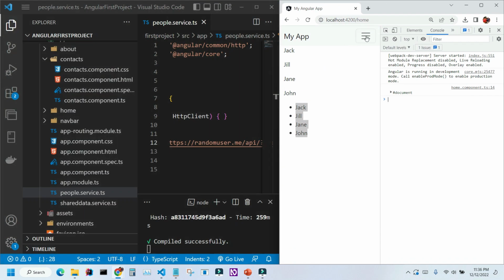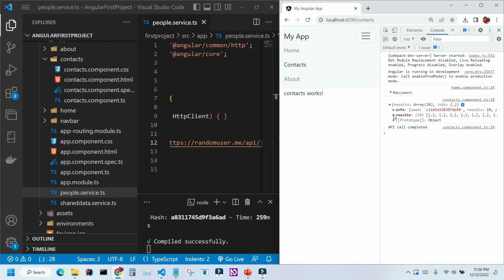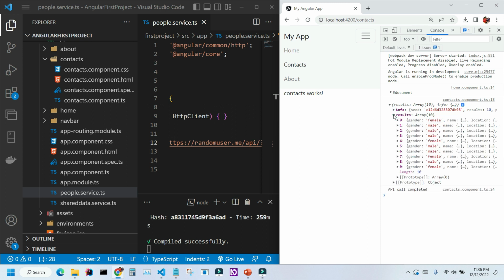Let me go to our context page. This is the data we received in a JSON format. Let's display this data on the screen. When you have an array of objects and you want to display the data on the screen, you often use a table structure. Since we are using Bootstrap to style our application, let's go to the Bootstrap website and grab